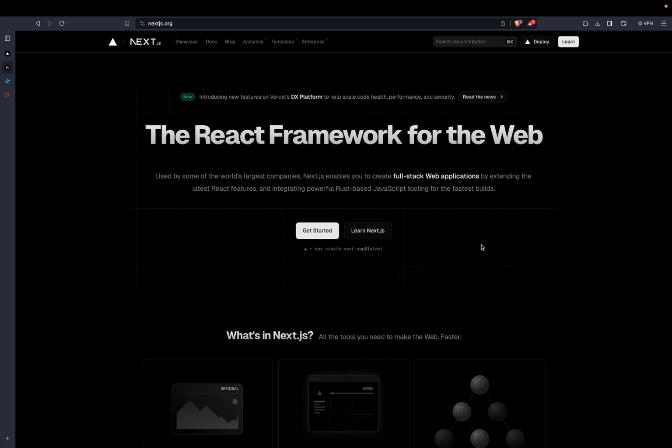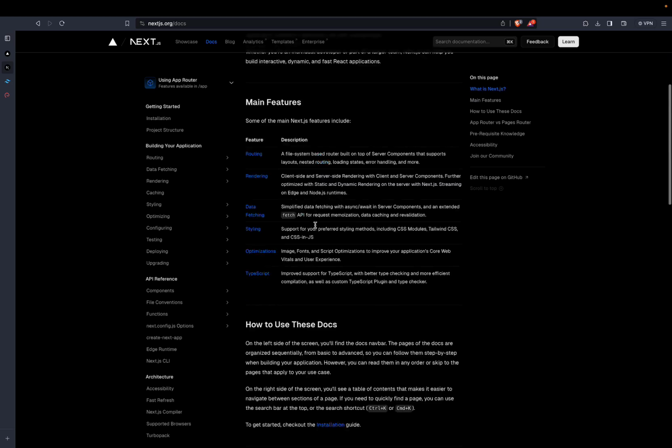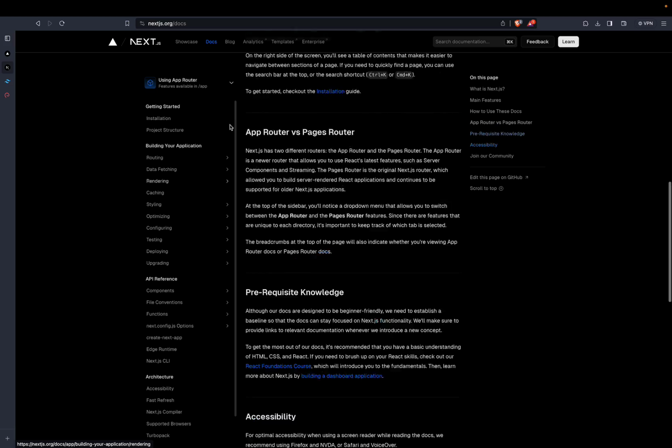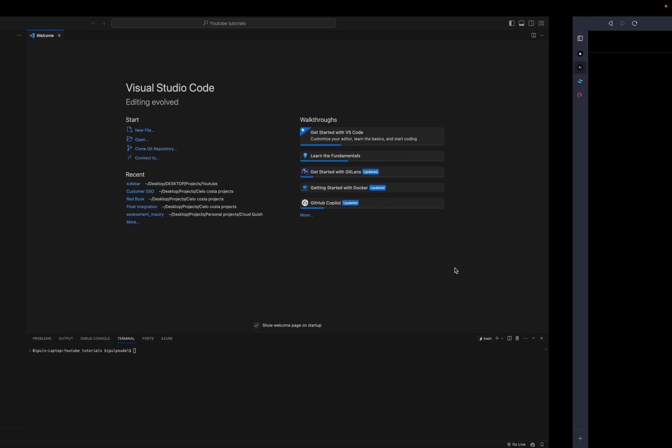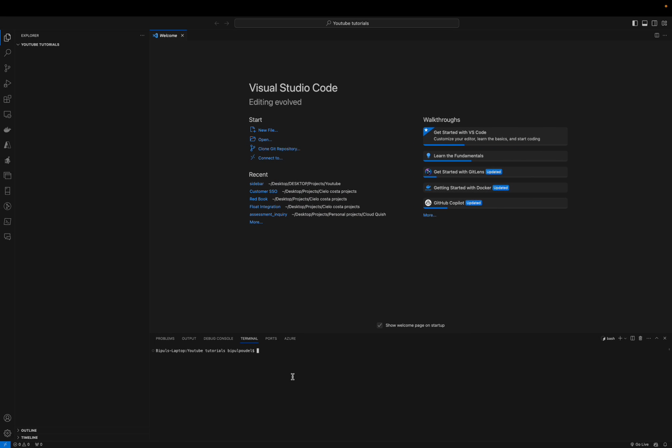To get started with the project, let me go to the Next.js page, and then if we click on get started, we will see that we need to install Next.js and create a project out of it. We are currently using app router, so this is the command that we need to use. So if I go paste it in the VS Code terminal,